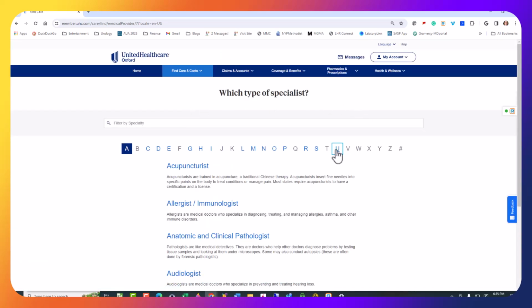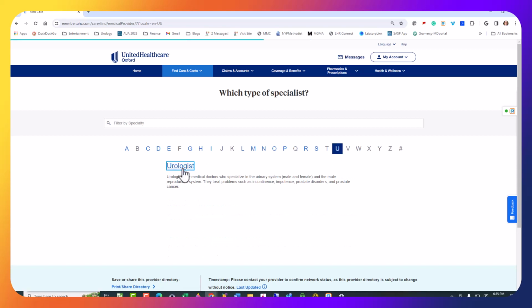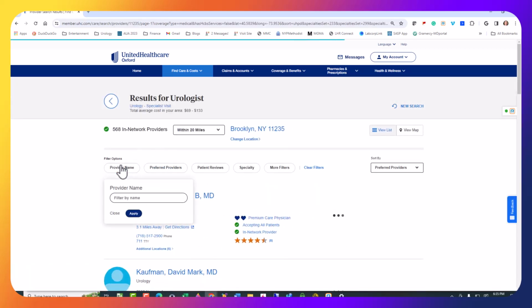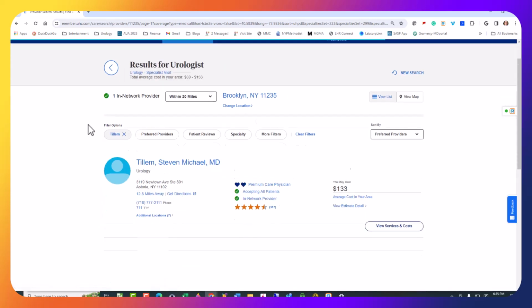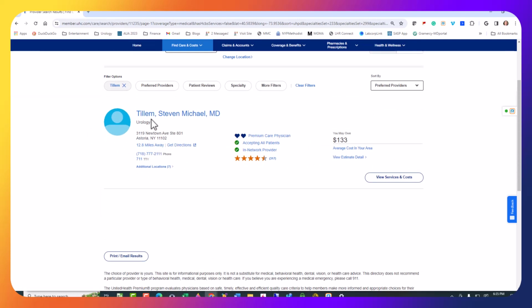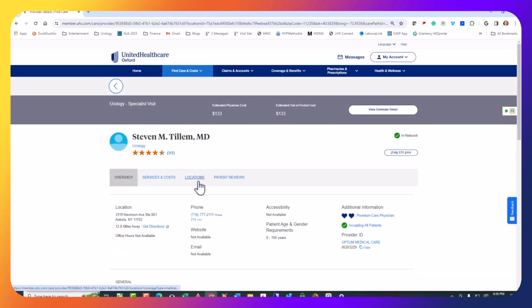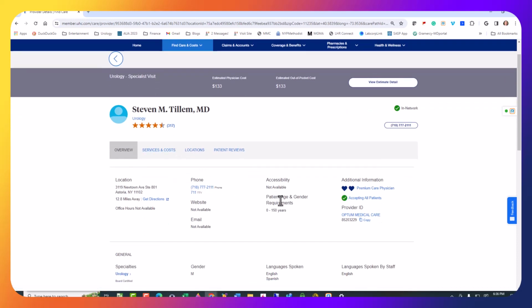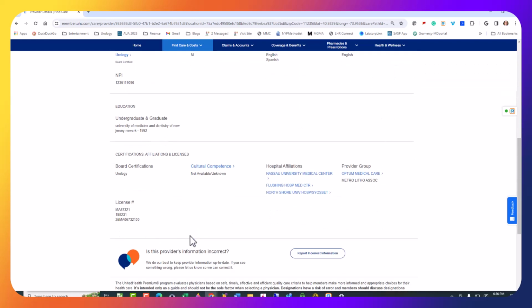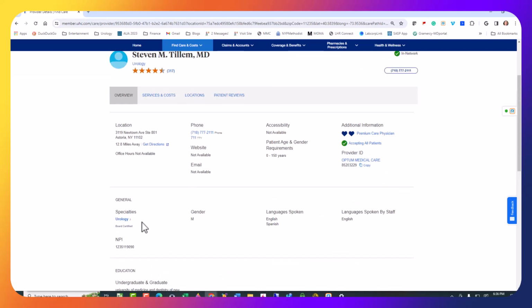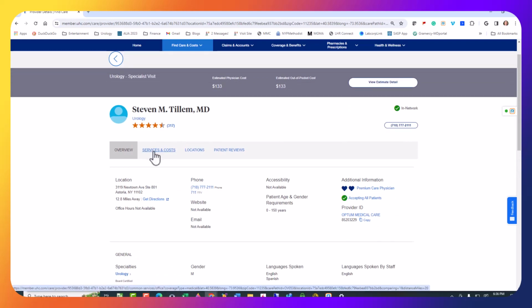For example, I will look at a urologist, right? So we'll search for urologist. We'll search for Dr. Tillum. Here's his profile. So, provider ID up to medical care, right? This is his information. Provider group up to medical care, among others. Under services and costs,